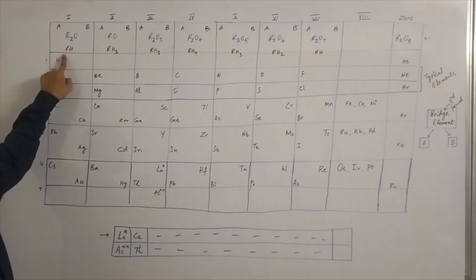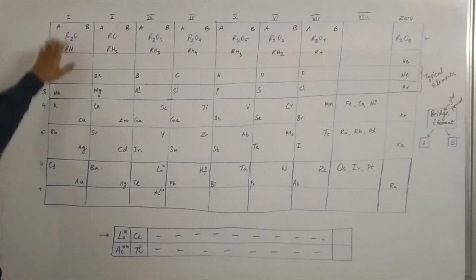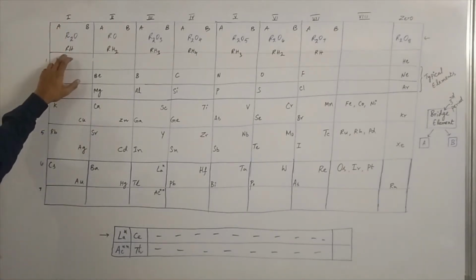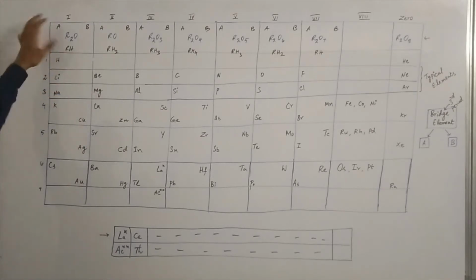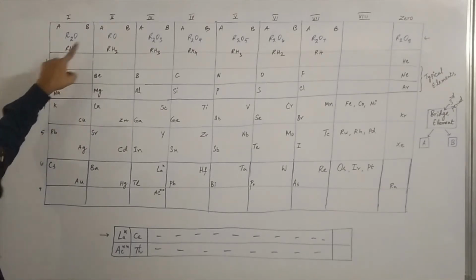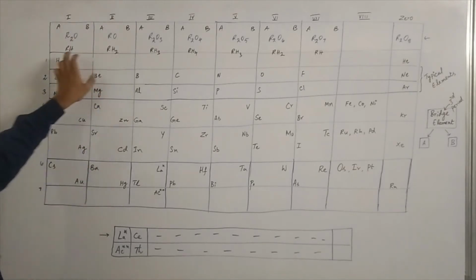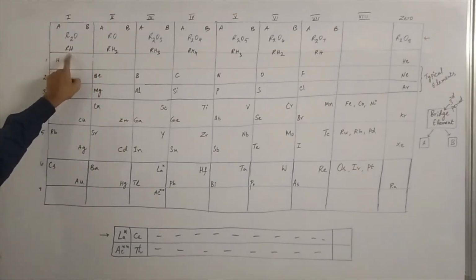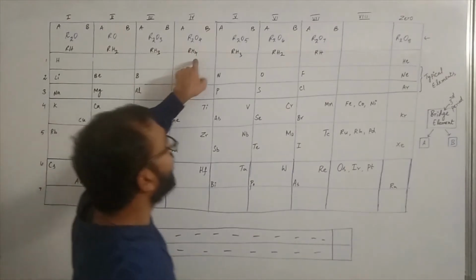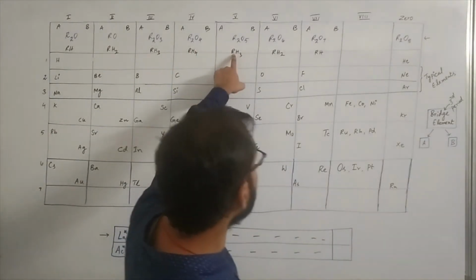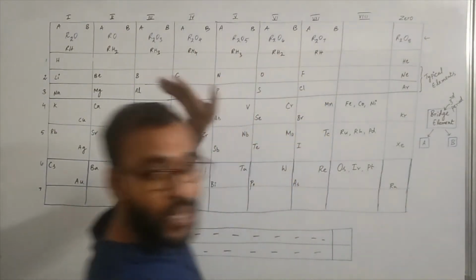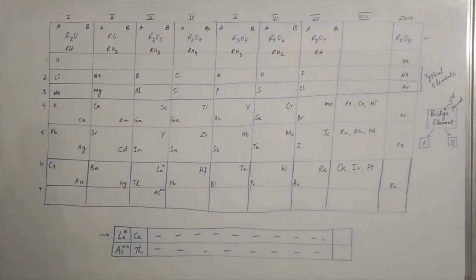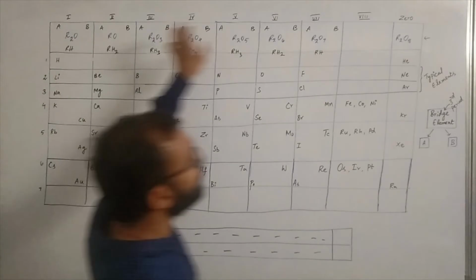With respect to hydrogen, what about valency? Valency means nothing but combining capacity. With how many hydrogens these elements combine, right? That is nothing but valency. So what is the valency of first group elements? 1. Second group elements? 2. So valency increases 1, 2, 3, 4 and then decreases 3, 2, 1. So with respect to hydrogen, valency of these group elements increases from 1 to 4 and then decreases to 1. Whereas with respect to oxygen, it increases from 1 to 7.